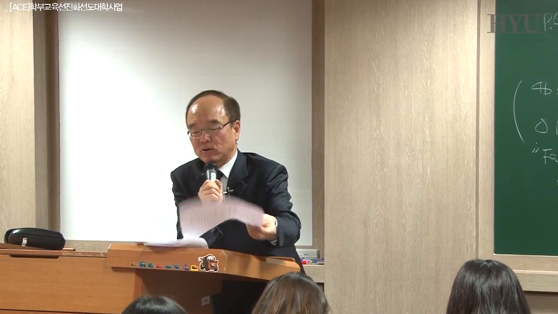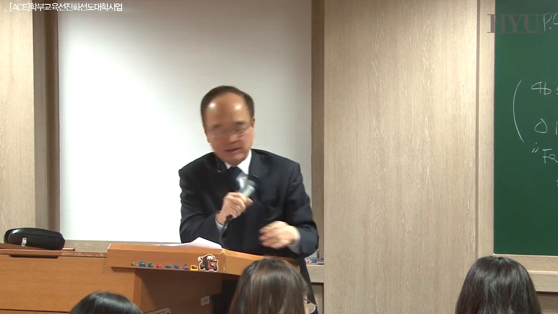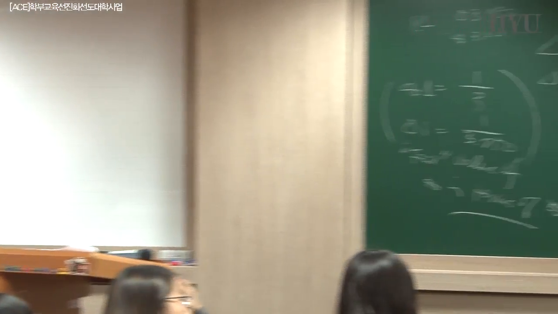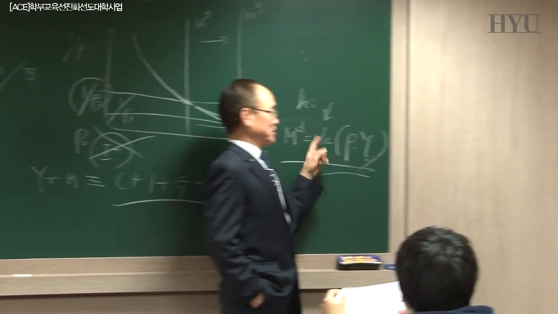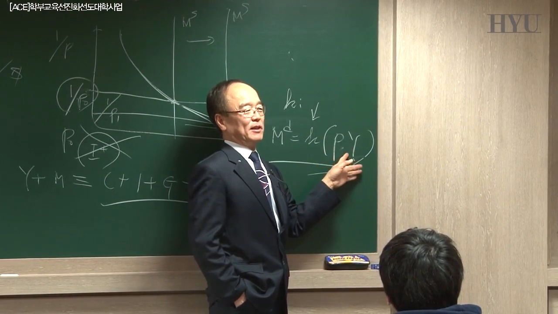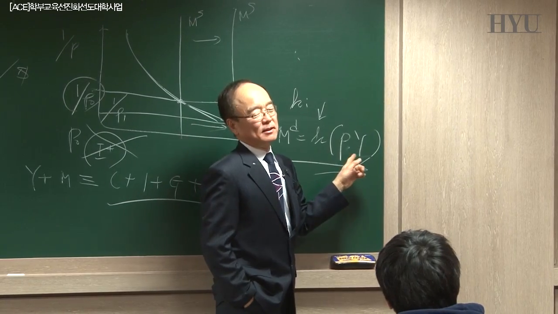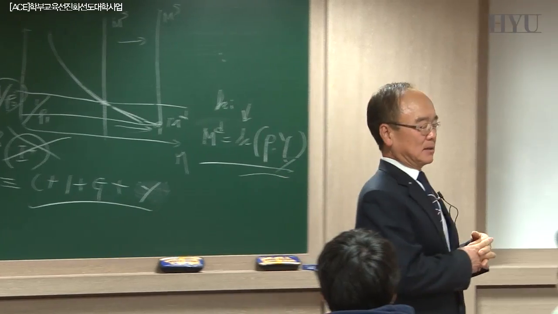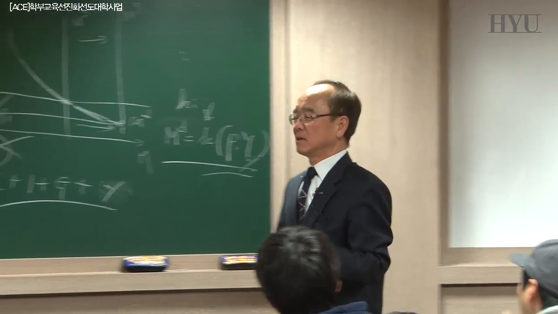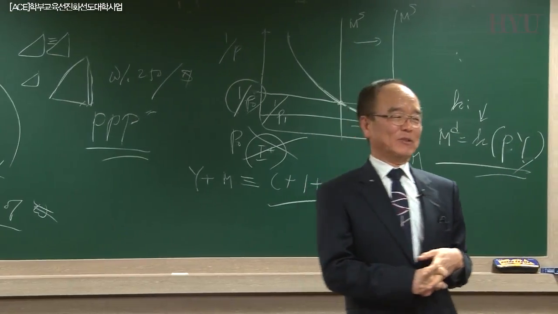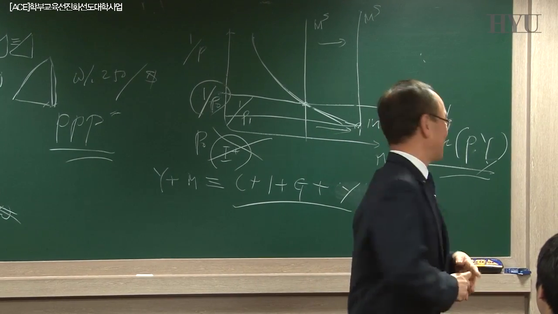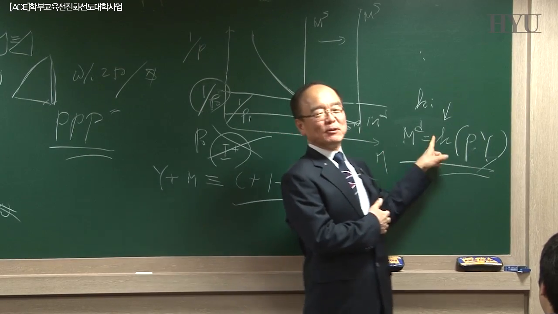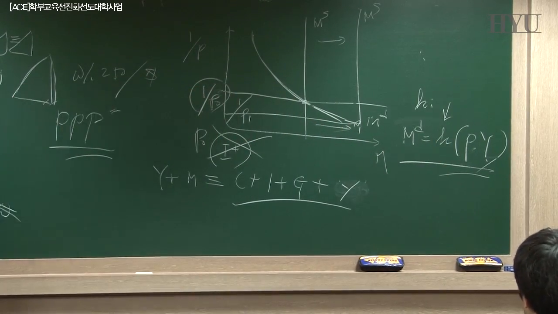Okay, the following page. So this one again. Money increases, P increases, right? Money increases, P increases. P increases, what do we call that? The increase in overall prices, what do we call that? Inflation. So P goes up, M goes up, P goes up, right? So the following page,